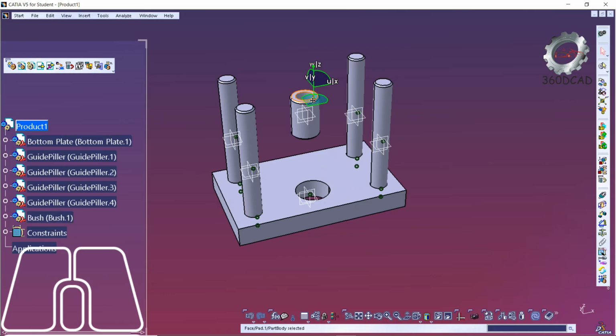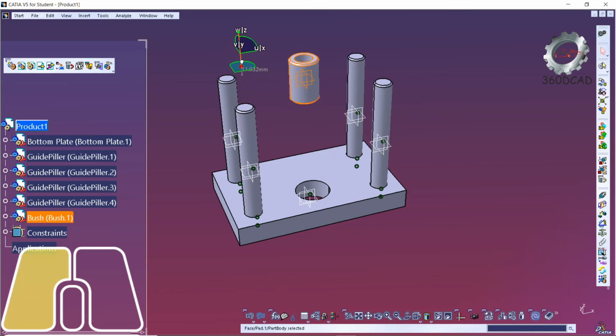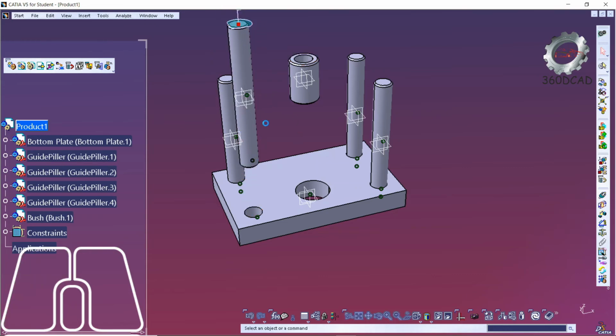Now I am going to also move the pin so that we can apply the constraint. I am going to remove it and place it over the pin so that I can move the pin, because I want to constrain this particular bush with respect to the plate, because we have applied the pattern on the plate, so the constraint of the bush should be along with the plate.